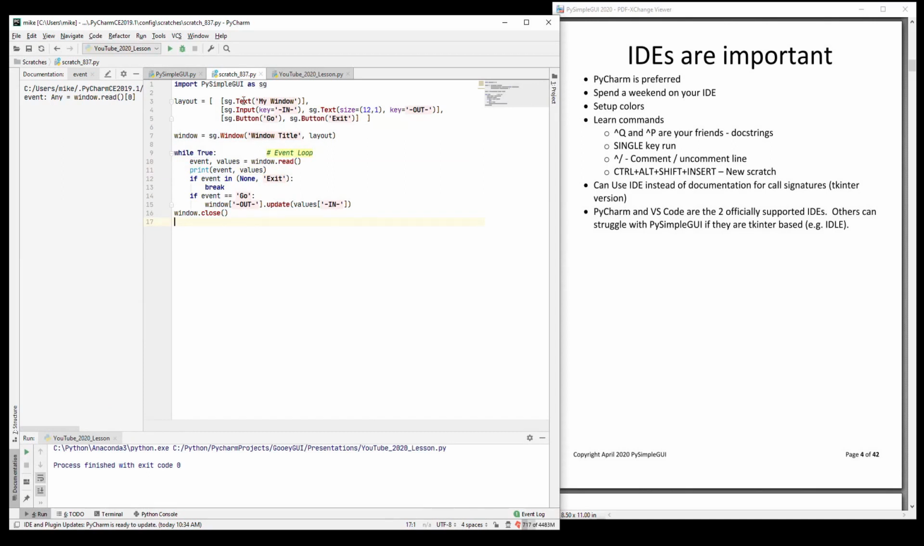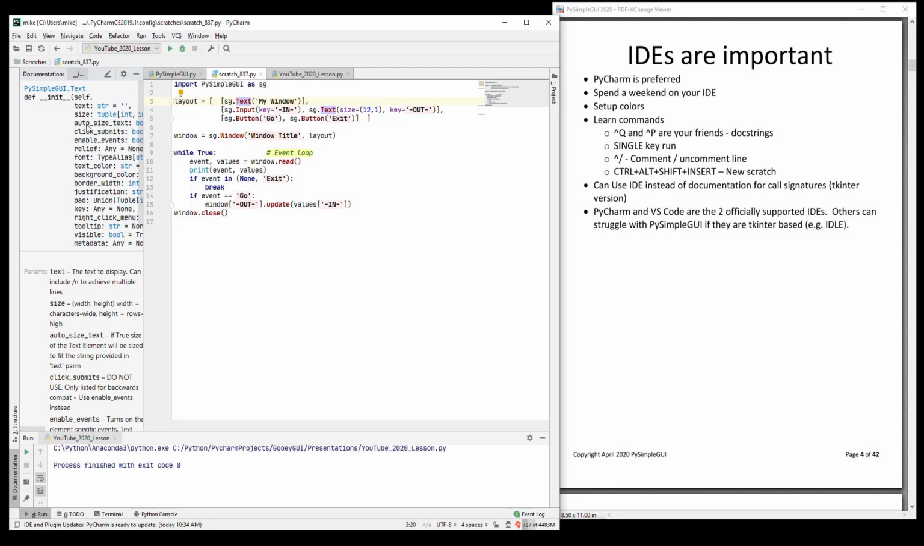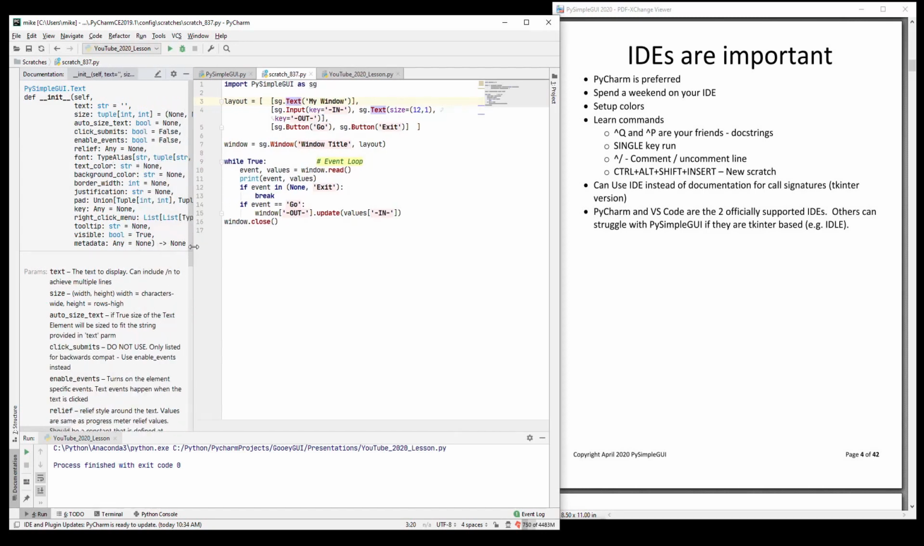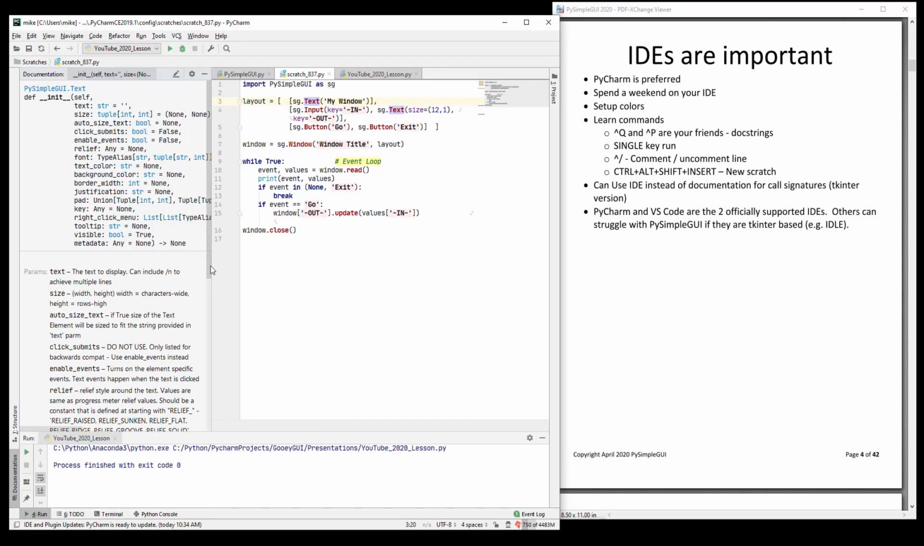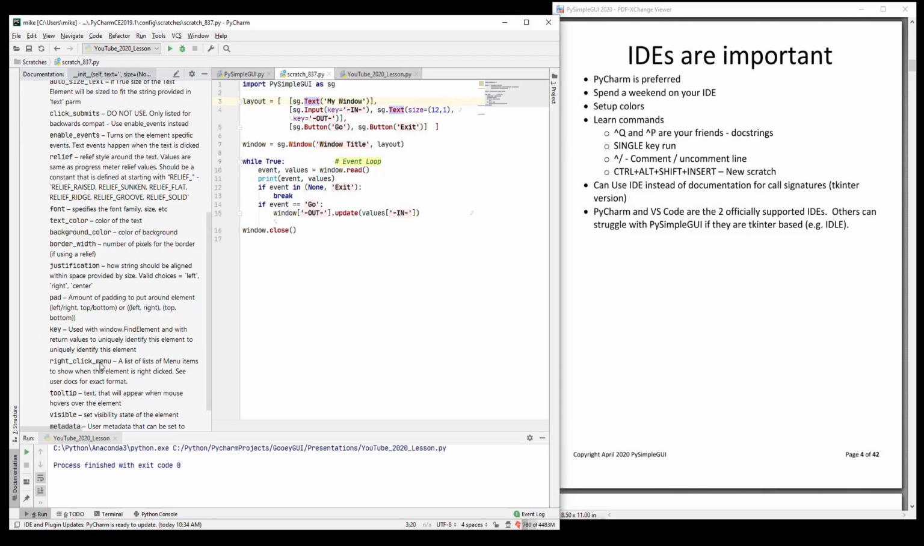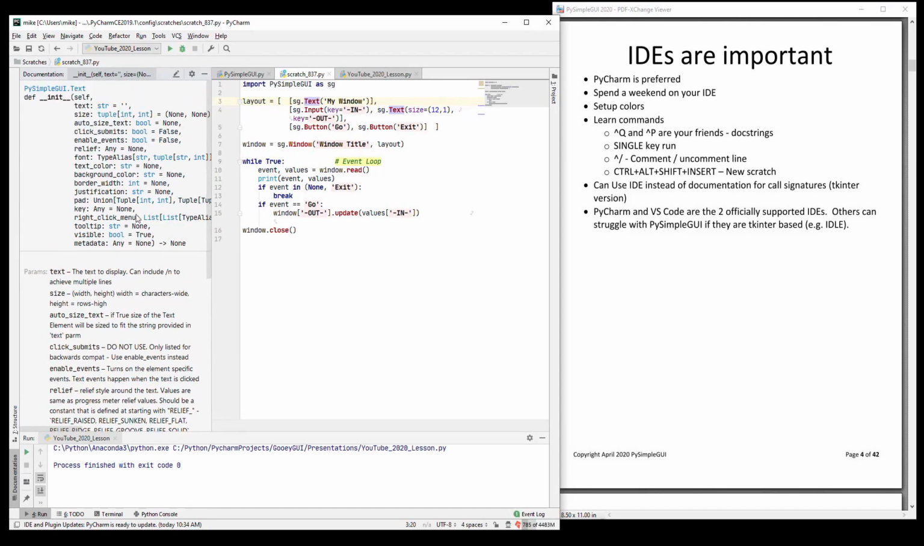Control Q, when you're on a function or an object, it will bring up this mini documentation. And this works for not just PySimpleGUI calls, of course, but all kinds of Python calls. PySimpleGUI, the Tkinter version, uses doc strings. And so it pulls from the source code all of these wonderful doc strings. So you don't need to look at the documentation in order to understand what the element does, what each of the parameters are,